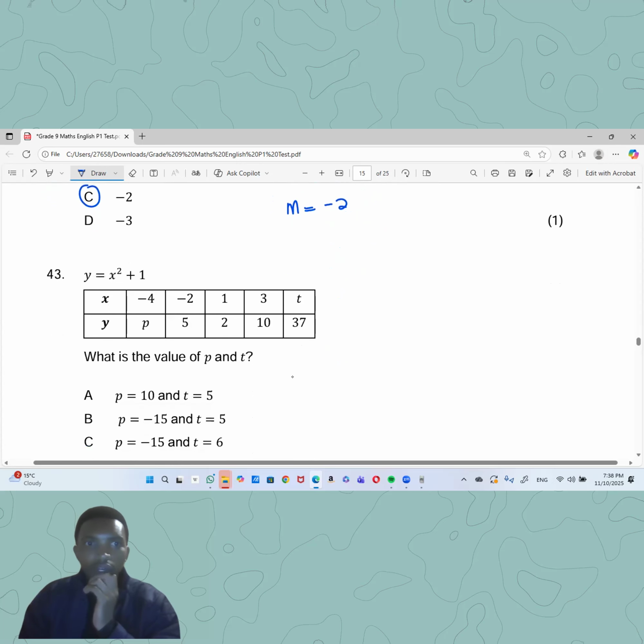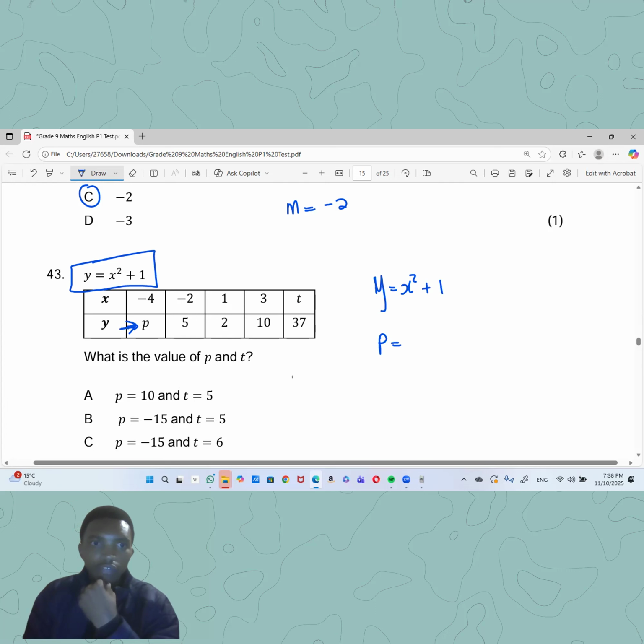And then we now come here. They're saying we are given that, what is the value of P and T? Remember, P here is our output, at the place of Y. So now let's say at the place of Y, let us put P. Okay, let's write it down. Y is equal to x squared plus 1. So now at the place of Y, we're going to put P. P is equal to